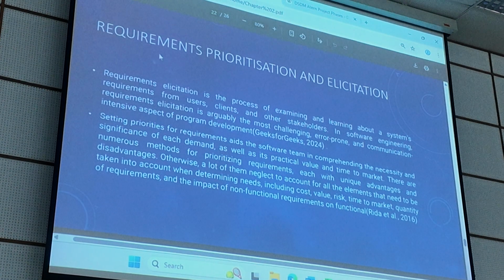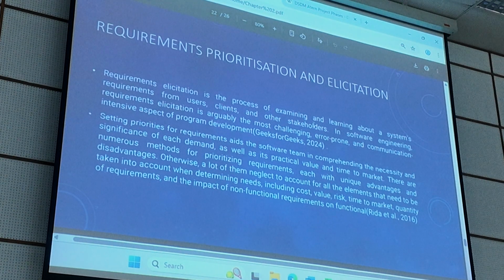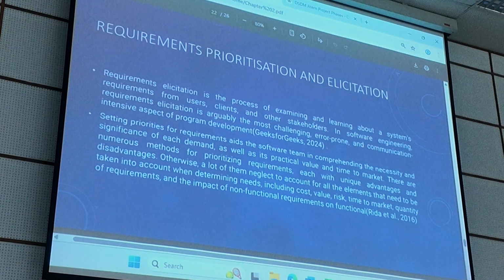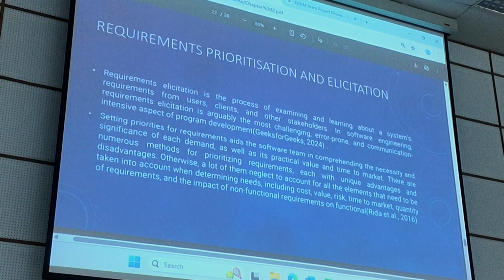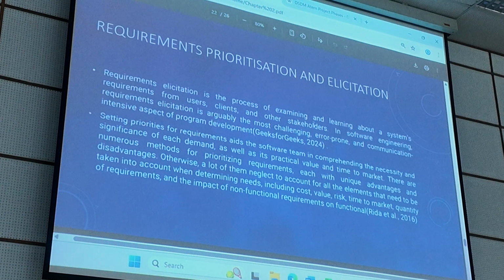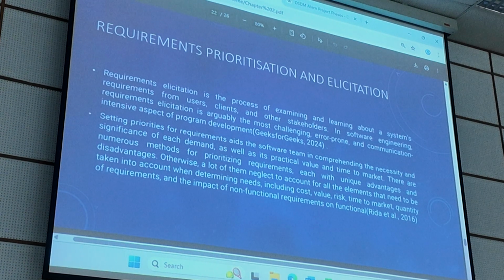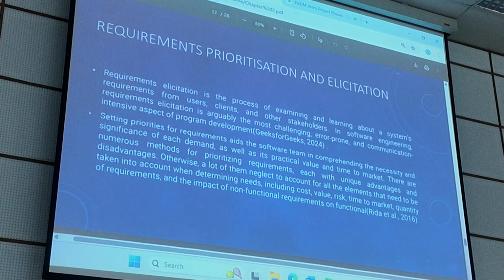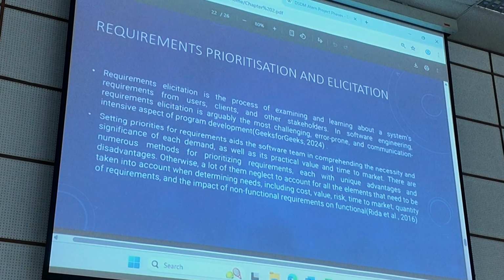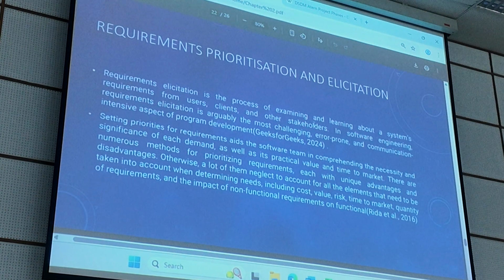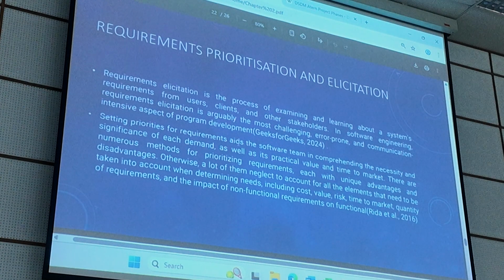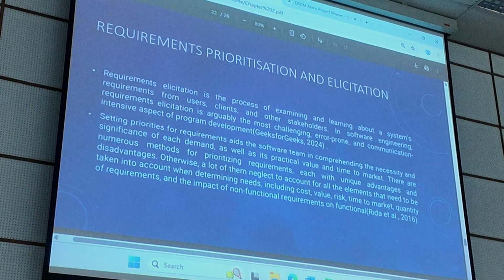So now you come to requirement prioritization and elicitation. It is very common that when you elicit the requirement using the requirement techniques that you have identified, you then have to prioritize the requirement, because this may be an iteration. You may need to revisit or repeat this step. Then when you want to prioritize,